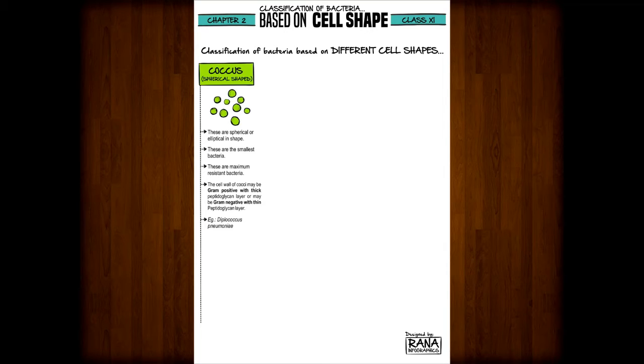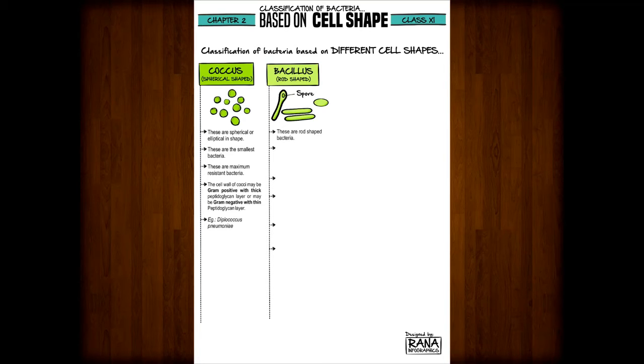For example, Diplococcus pneumoniae. Next we have the Bacillus or Bacilli for plural. These are rod-shaped bacteria. This group includes most of the bacteria. They are the most abundant bacteria. They can form endospores and live for many years in dormancy. They are obligate aerobe or facultative anaerobic bacteria. They are mostly non-parasitic. For example, two parasitic pathogens are Bacillus anthracis, which causes anthrax, and Bacillus cereus, which